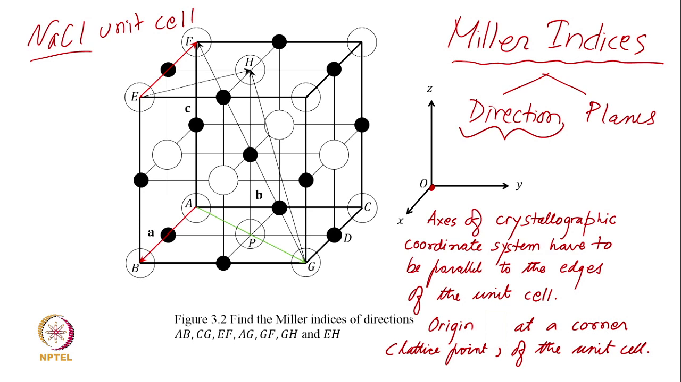So, we have to be very clear, there should be a clarity of which corner we have selected as the origin of the unit cell and which edges we are calling x, y and z. So, for Miller indices of direction, one of the convenient, although not necessary, choices of origin is to choose the origin on the direction itself, at one point of the direction. So, for AB I will choose the origin at A,